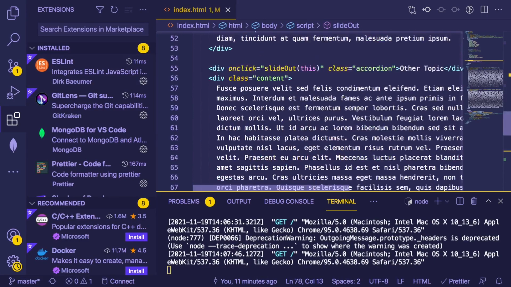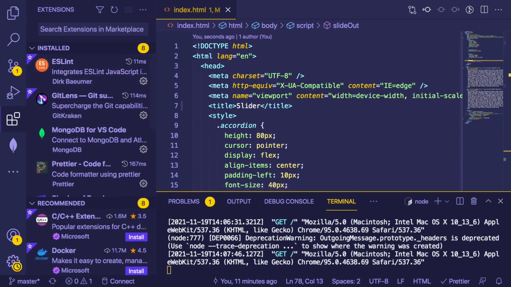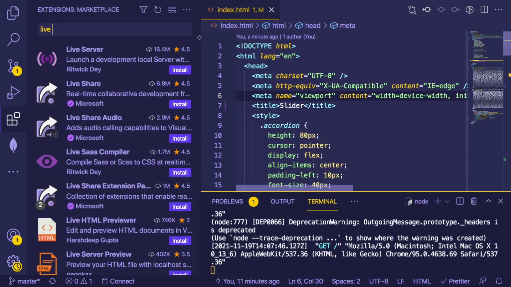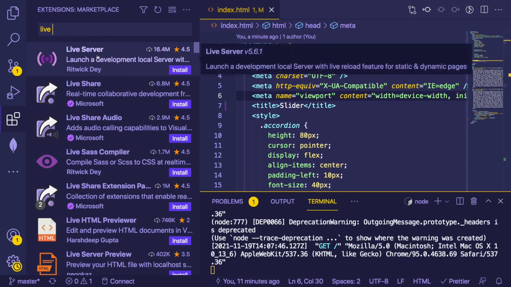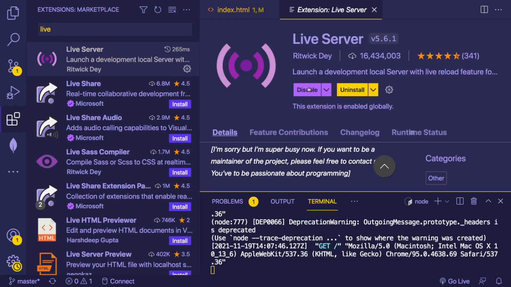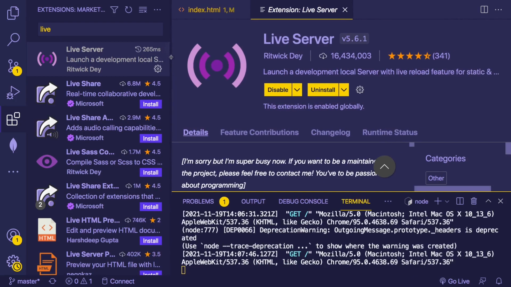And this extension is probably already known by a lot of people. I just stumbled upon it today because I don't really do vanilla JavaScript, but I was making a tutorial and I was trying to figure out how I can do live reload. And if you just search live, you'll see an extension called Live Server. So if you click on this one and install it, it'll actually refresh your browser as you save your files,